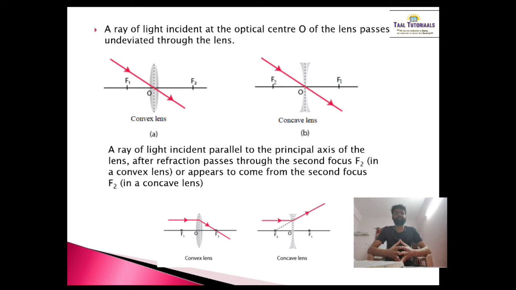See, the position, size and nature of the image of an object formed by a lens can be determined by drawing a ray diagram. For this, we need to consider at least two rays starting from a point of an object. The rays chosen are those for which the path after refraction from the lens is known to us. Generally, we use three principal rays for construction of the ray diagram.